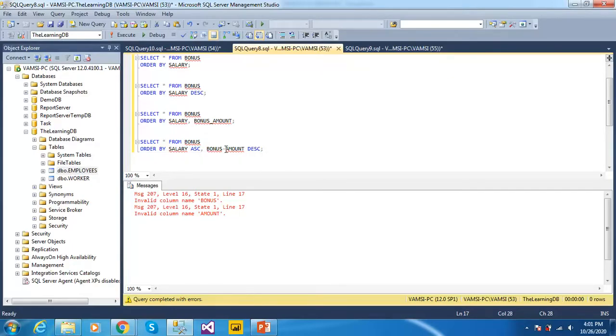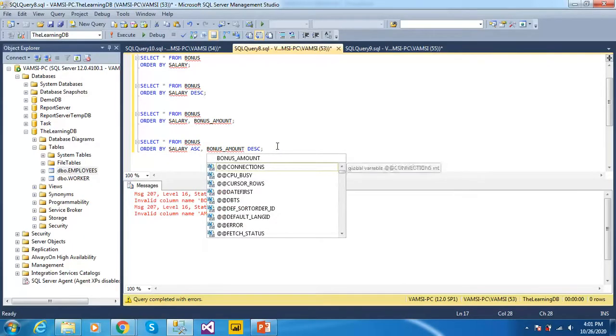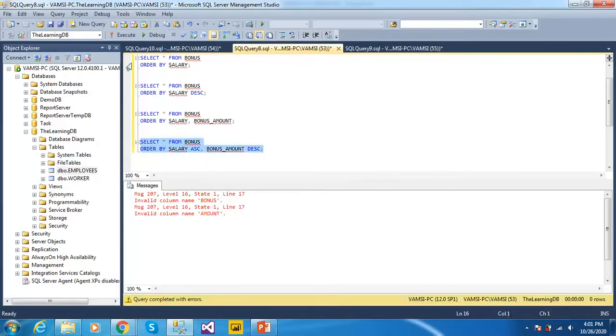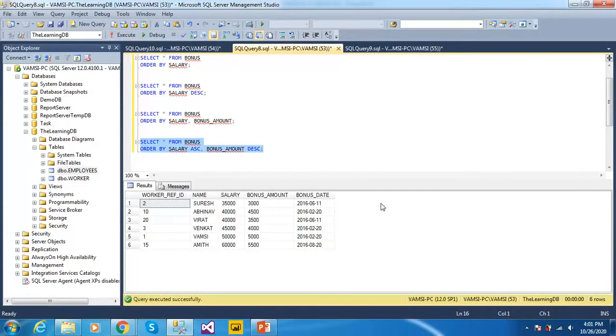Sorry, bonus amount. Now let us execute this query. See, the column salary has been given in ascending order using order by, and the bonus amount column has been given all the values in descending order.